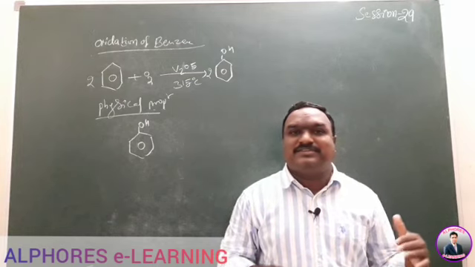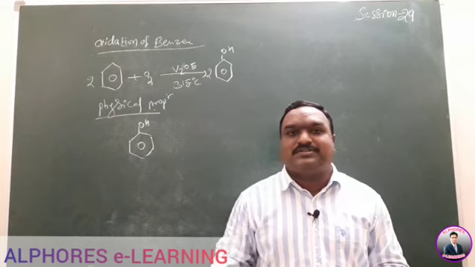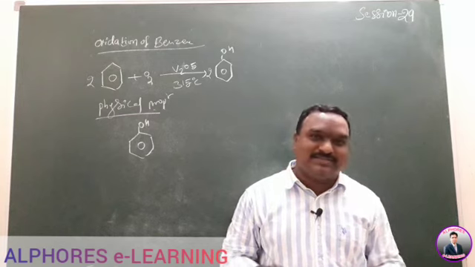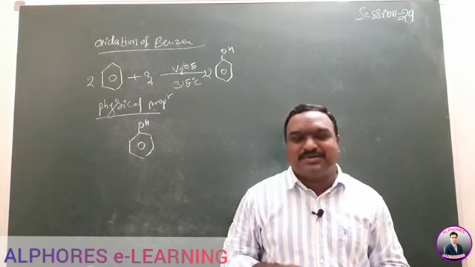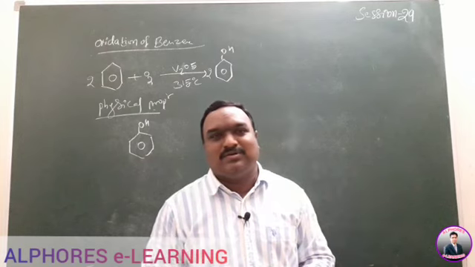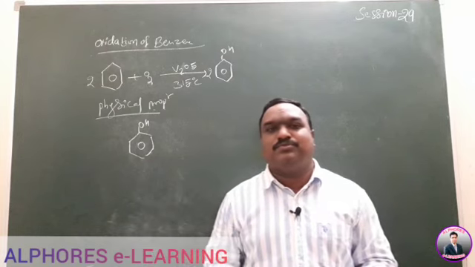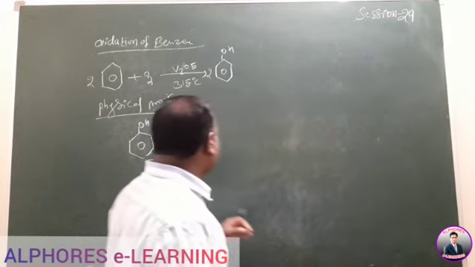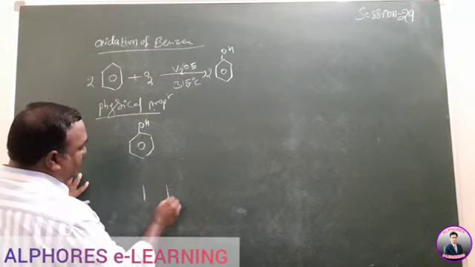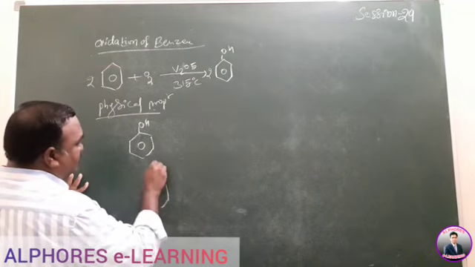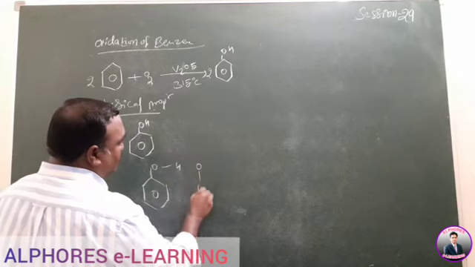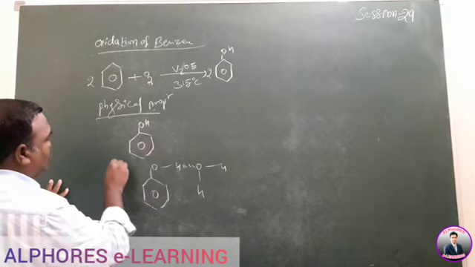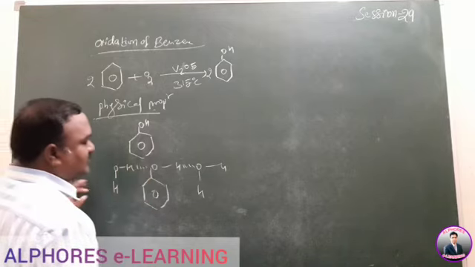Commonly, organic compounds are insoluble in water but soluble in organic solvents like benzene, alcohol, ethers. Here also the same thing: phenol is sparingly soluble in water due to formation of intermolecular hydrogen bonding. So now here phenol is given, which is having OH. Here a water molecule is given, hydrogen bonding is possible. Here a water molecule is given, hydrogen bonding is possible like this.